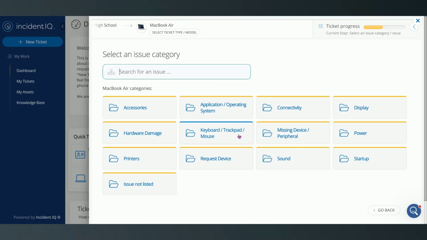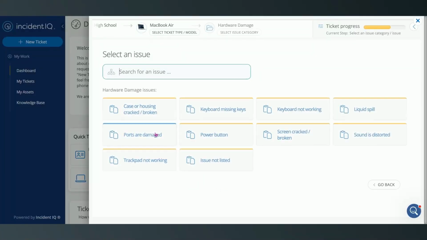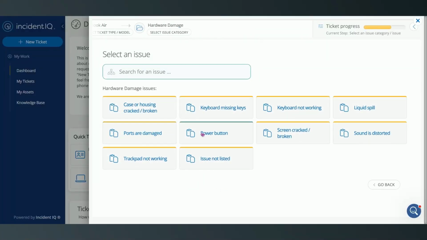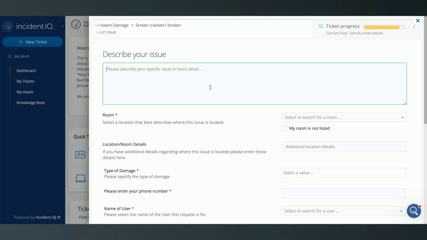Next, we're going to do hardware and damage. There's also a keyboard, trackpad, and mouse, and then there's power for the chargers if they've lost it. But for this example, we're going to go to hardware and damage. So we're going to do screen cracked or broken, and in the describe your issue for the ticket, make sure